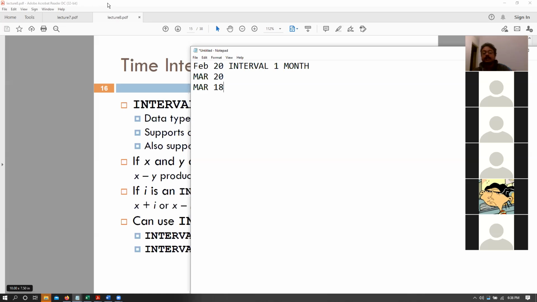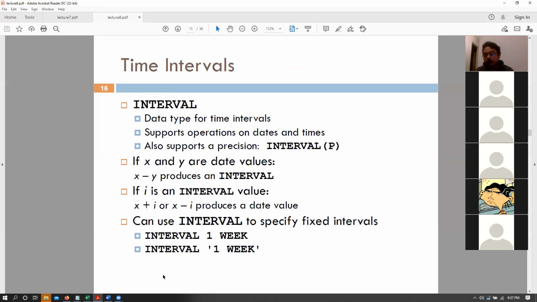So whenever we say that interval of 1 month or 1 week, we are just going to add the month or add the week, and your database is going to return March 20. So basically 1 month from now. That is similar to asking something like, do something 1 month from now, remind me 1 month from now, remind me 1 week from now, things like that. That also applies to other cases as well.